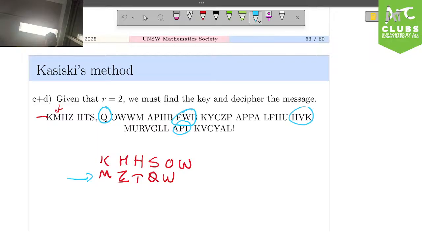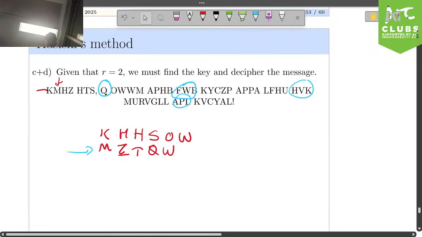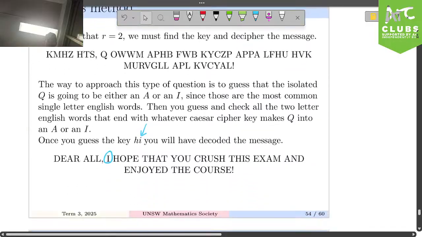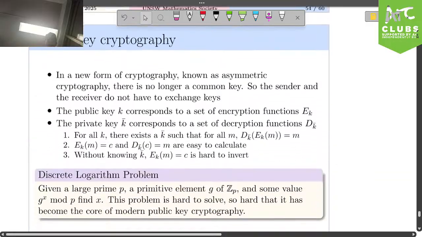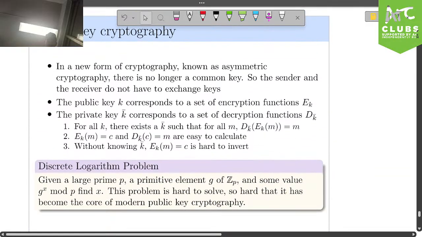In the past, I would say go to an online calculator, type in all of the possible real English words that are length 2, and eventually you'd get it. Or you know the last one is I, and then you can just guess A, B, C, D, E, F, G by spreading your fingers across the keyboard, right? You figure it out eventually. So yeah, I don't know if he's going to ask this. This was in a paper exam, so it's not impossible.